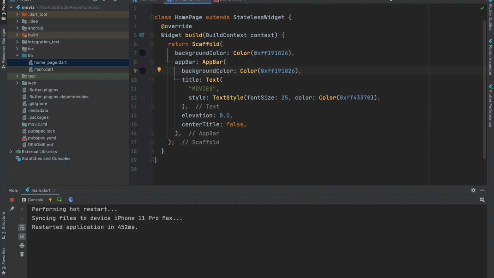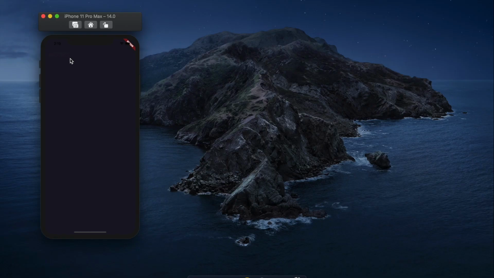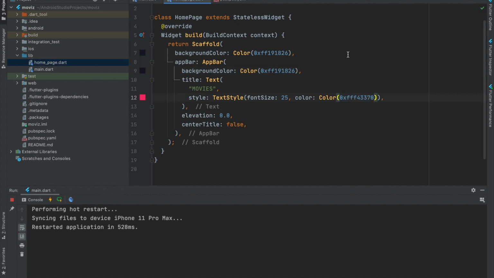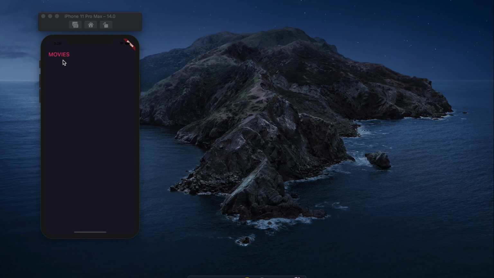Now if I run this code here, then you can see the output as this. So the text here seems too faded, so let's add a bit brighter color to it. Okay, now if I do the hot reload, it is a bit brighter than before.